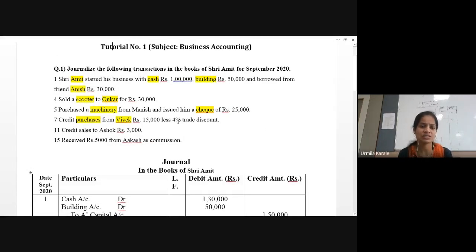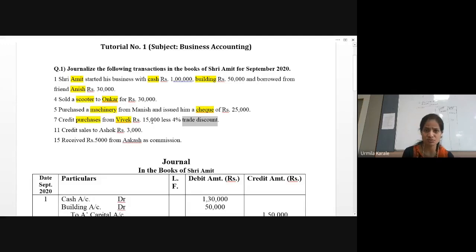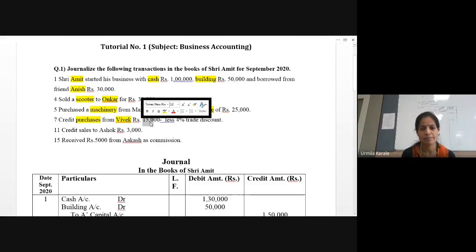15,000 less 4% trade discount. Whenever we say trade discount, it will not be recorded. Only cash discount is recorded, because this discount is given on MRP. So the 4% discount you're giving, the other person will earn by selling the goods in the further distribution process. Pay 4% on this. If you find out how much it will be, toh utna amount less karo. 4% of this means 600. So 600 we are going to minus from this. That is your transaction amount. So 14,400 will be the transaction amount.